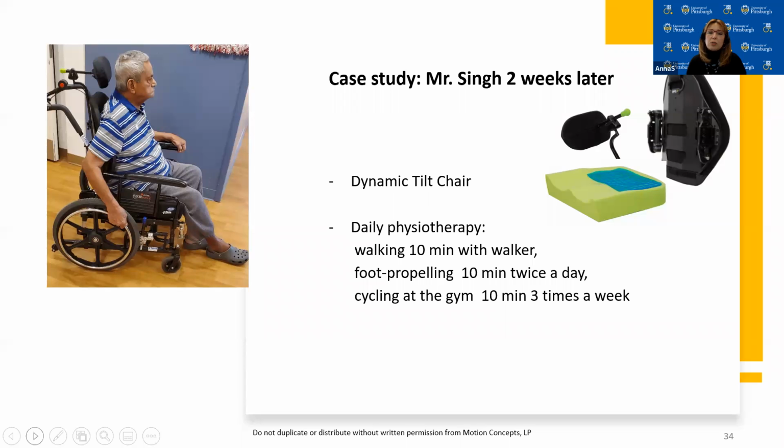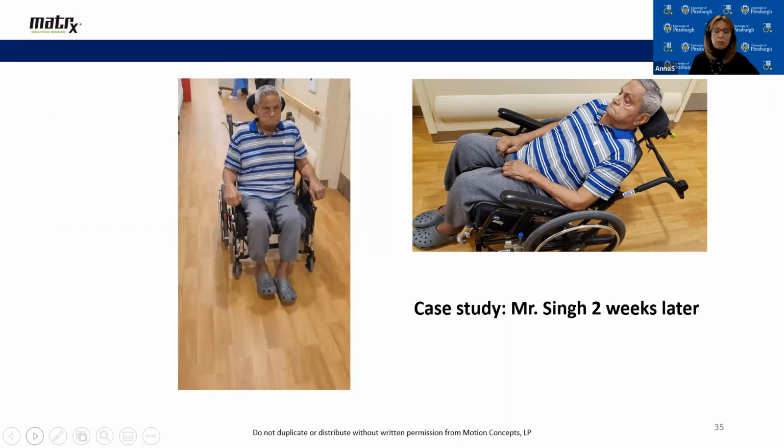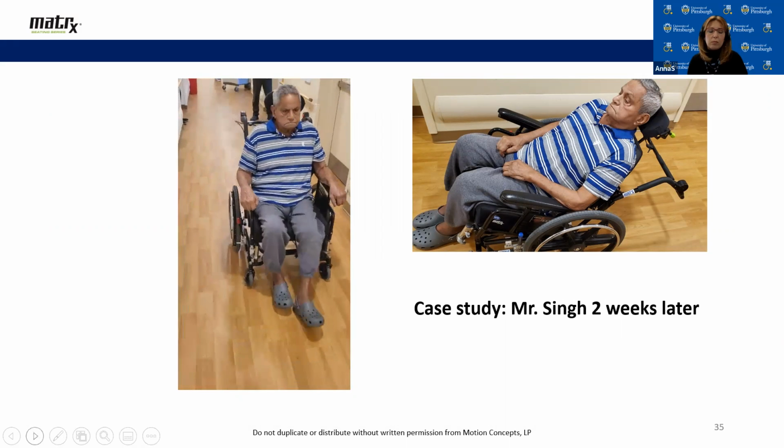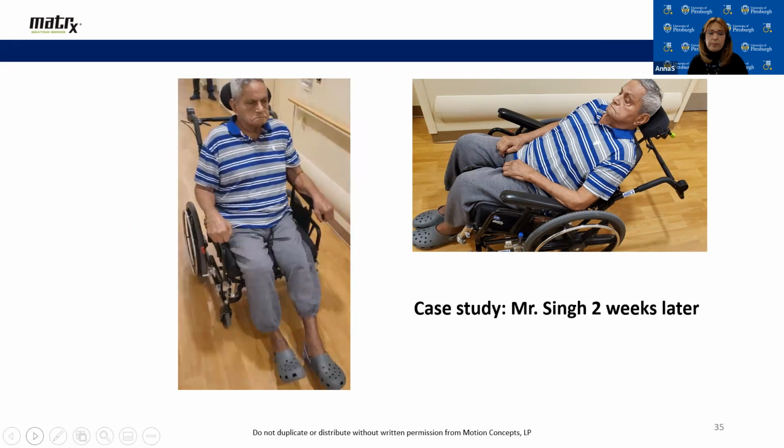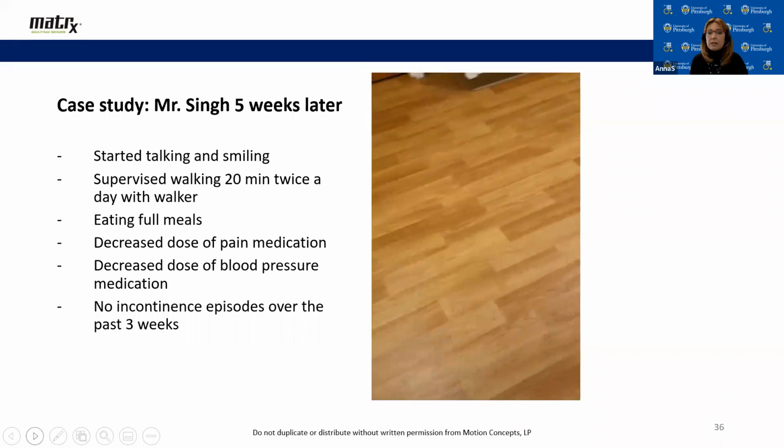So in addition to his daily physiotherapy, nurses noticed that he actually was propelling his wheelchair even when it wasn't time for his physiotherapy. So this was caught on camera. Interestingly, he was so motivated, and he was propelling his chair more frequently than recommended, and he was very eager to learn getting up and walking again. And 5 weeks later,